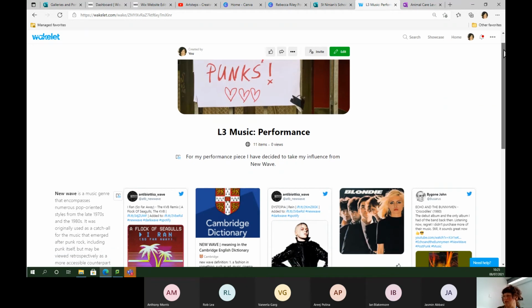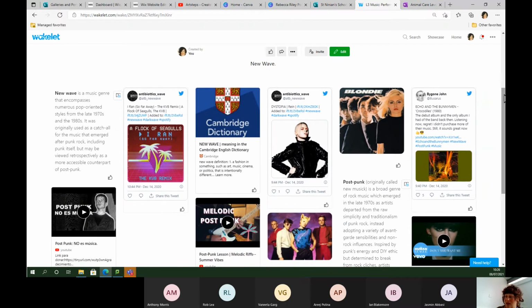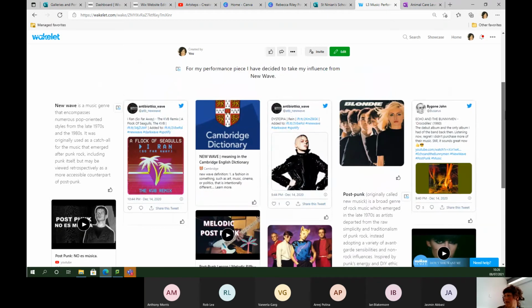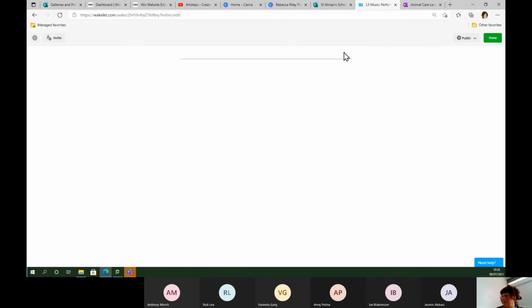This music student has been researching new wave music, added some text in, added lots of links to stuff, definitions from an online dictionary, obviously links to videos on YouTube, and in this style, it looks a bit like a mood board, pin board. If I go on to edit this, you just click on the edit button,